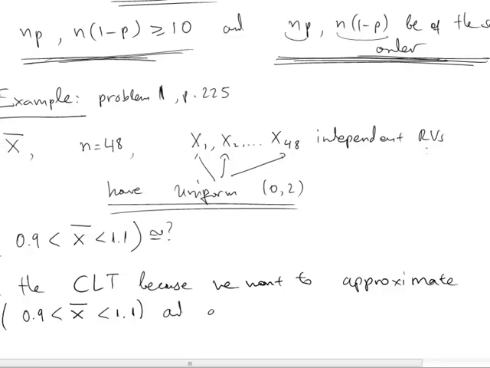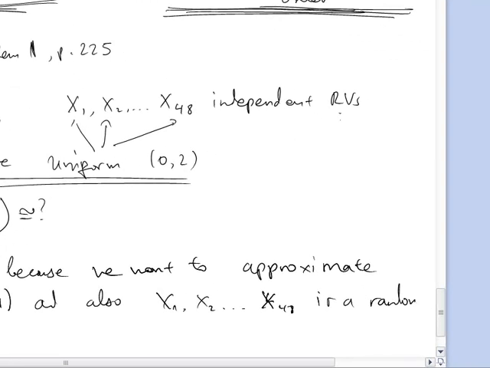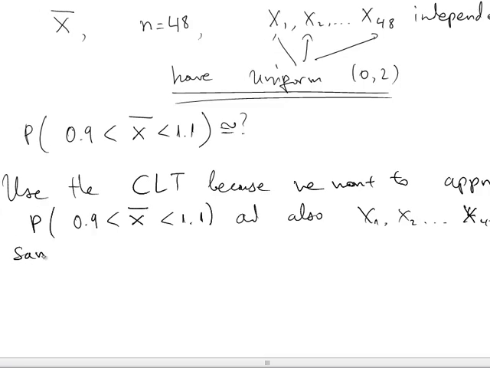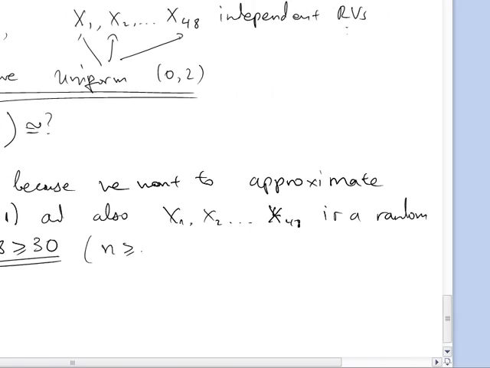and also because X1, X2, ..., X48 is a random sample. The central limit theorem does not require us to have normal distribution. The central limit theorem is distribution agnostic, but what it requires is that the sample size, which is 48, is greater than 30. That's what I meant. We have a random sample and it has the proper size. Actually, many authors would even say, and even your book would say, n greater than or equal to 15,